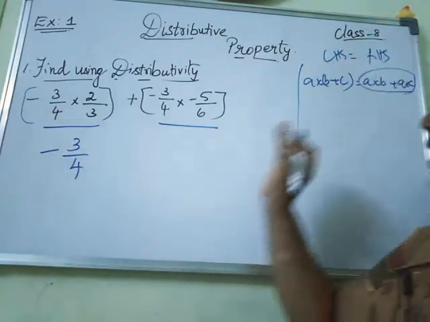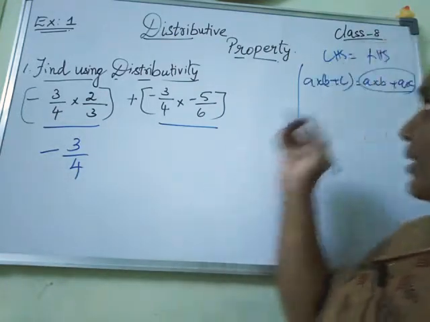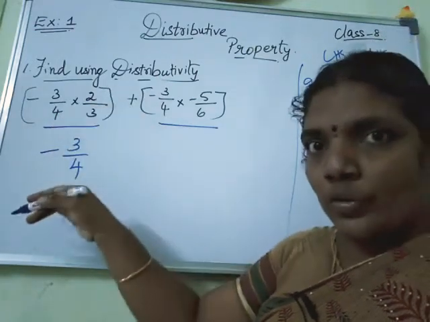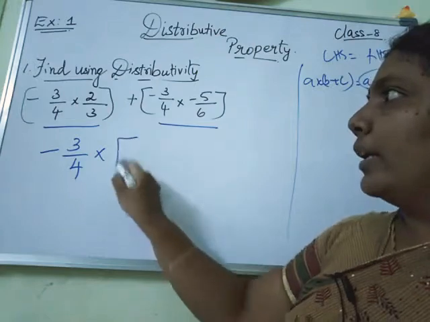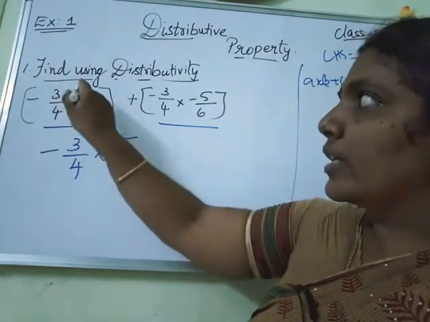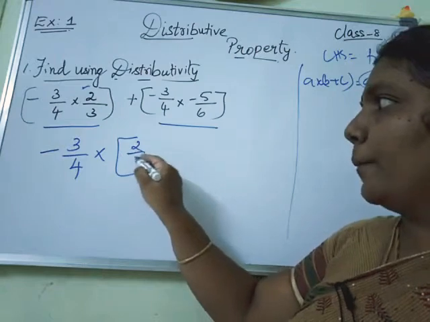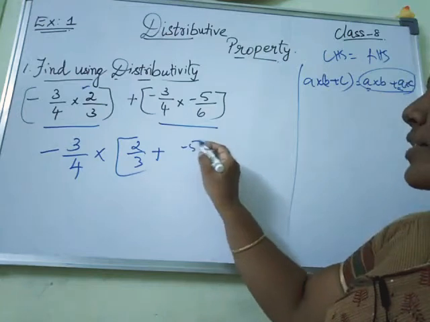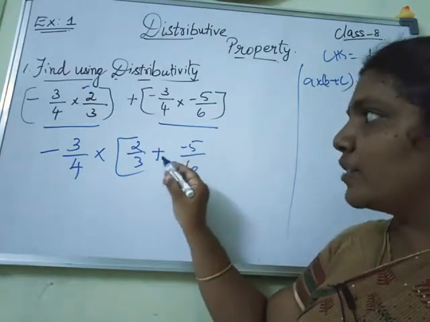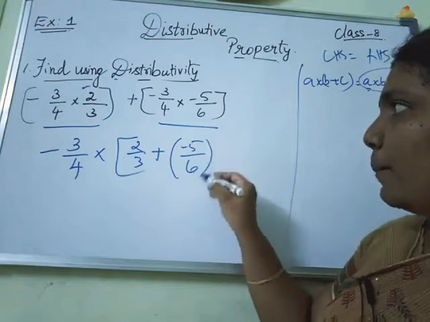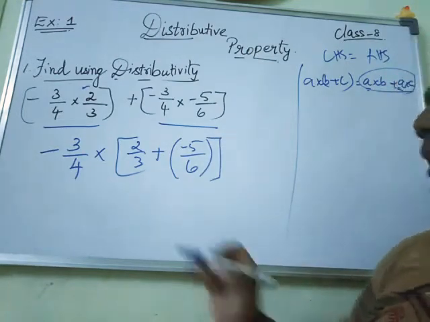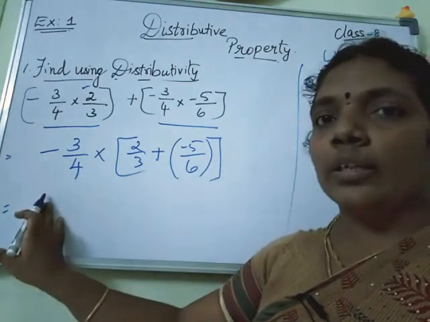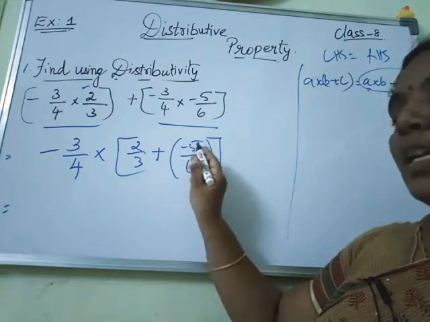So now I am going to make this one as the left hand side, that is, this A is common for both the terms. I am taking and writing outside minus 3 by 4 multiplied by this. In the first term what is left out is 2 by 3, and this mathematical operation is plus, so plus will come, and minus 5 by 6 in the second term. Since plus and minus together should not be like this, I am giving one bracket here. Now the closed bracket. Then do the mathematical operation first in the bracket, then come for the outer sign, that is 2 by 3 plus minus 5 by 6.